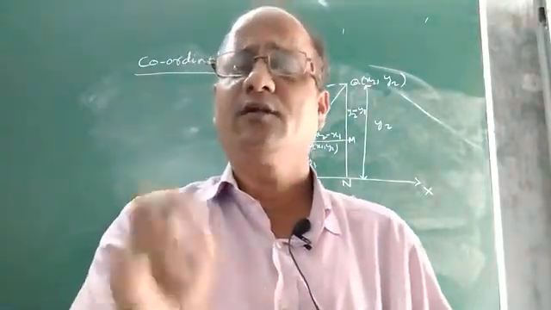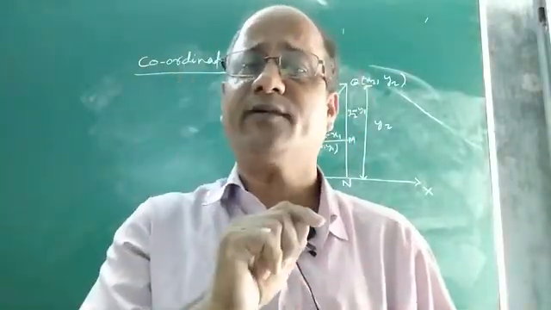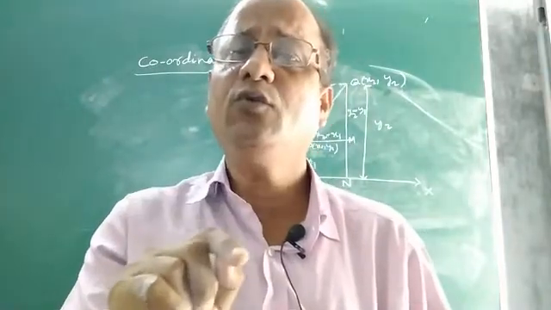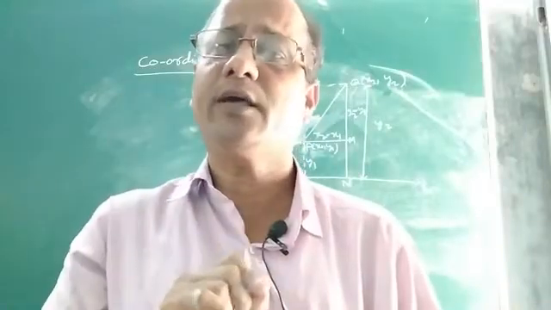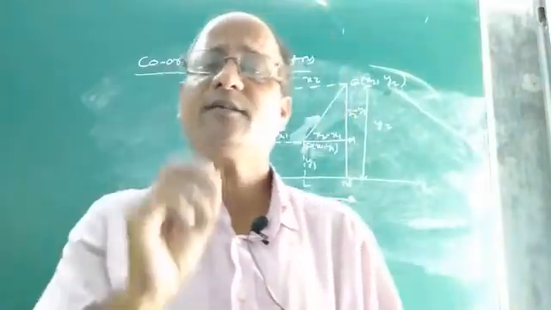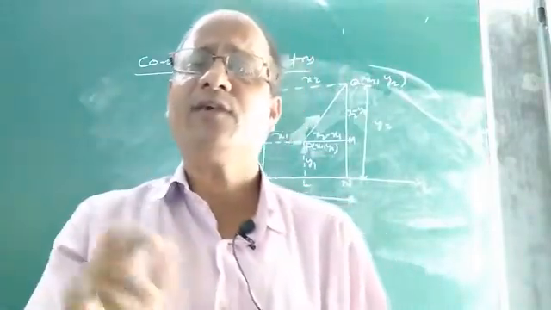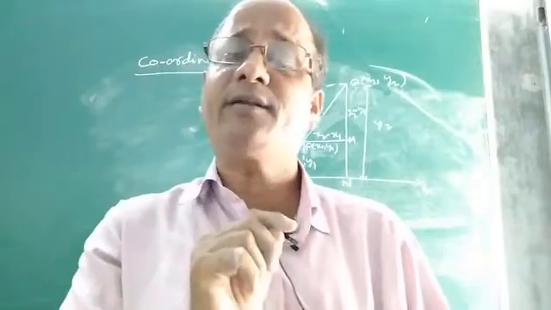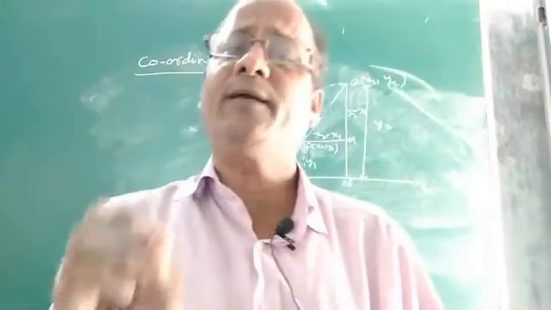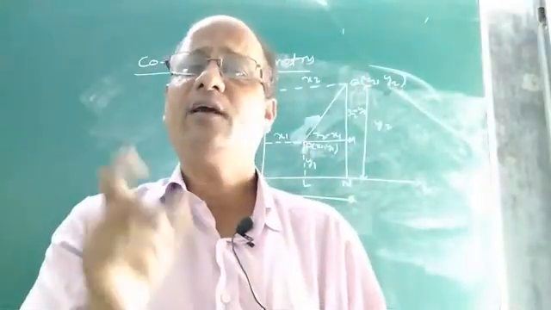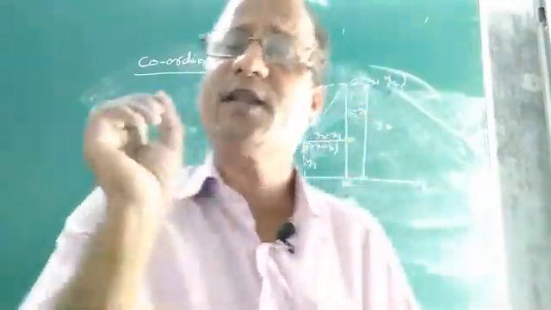Now, in this class, we will discuss a very important thing. That is, if you are given the coordinates of any two points in the Cartesian plane, how to find the distance between the two points, which is known as the distance formula. So today let us discuss what the distance formula is and derive it. That means how to find the distance between two points if their coordinates are given. Okay. So that is known as the distance formula.